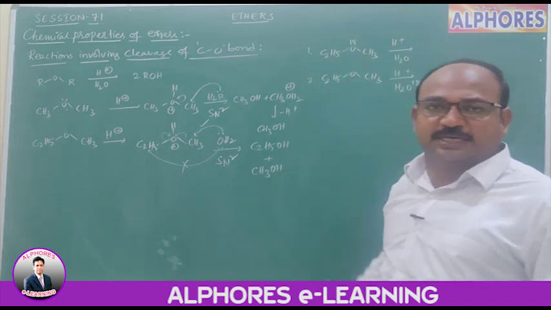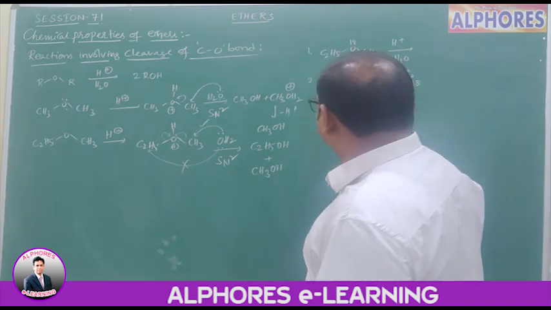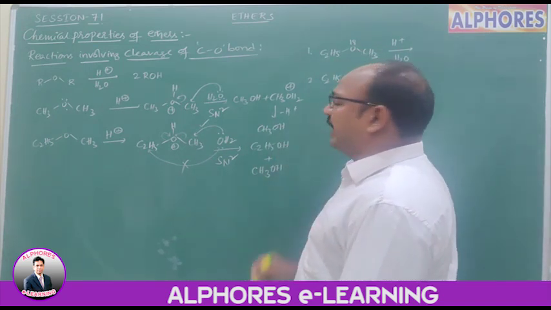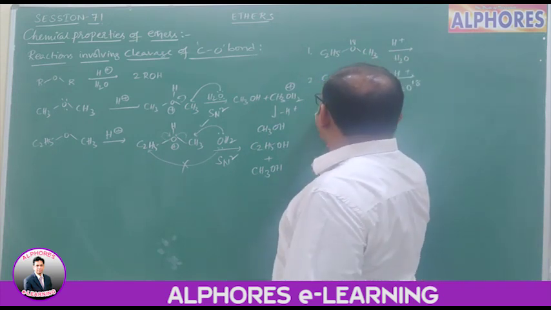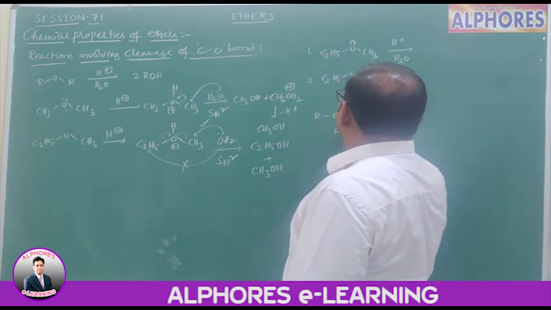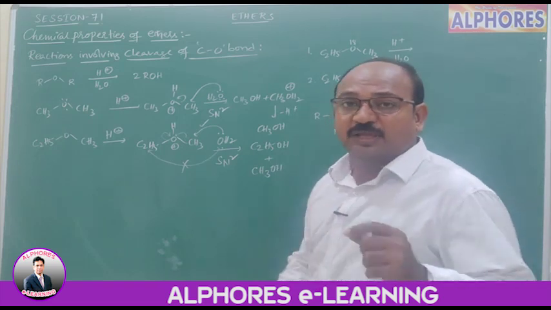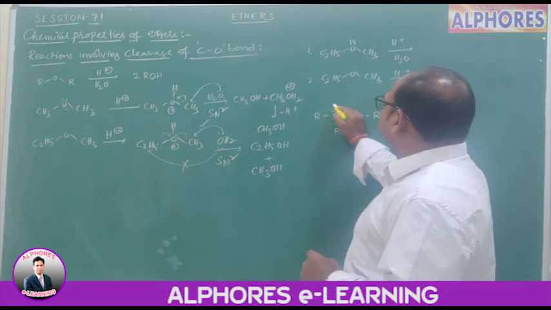This one upon H plus and H2O. Try to write the product and find out where that O18 will go. Means it comes along with ethyl alcohol and it comes along with methyl alcohol. Next one,